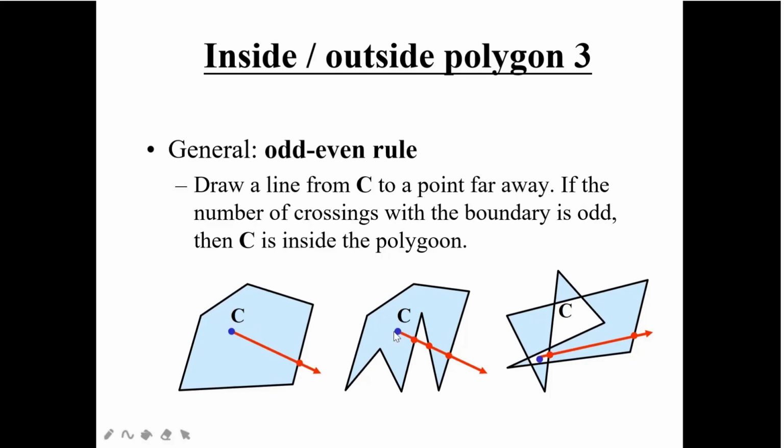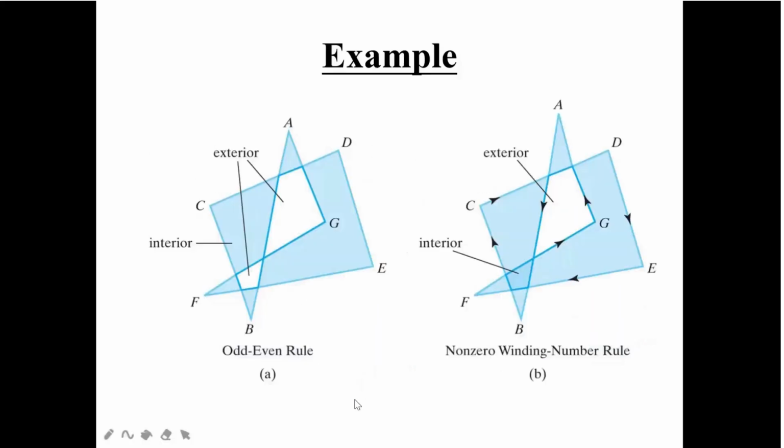Okay, now you see here it is an odd number, 1, 2, 3, 3 is an odd number, it means C is inside. Now you see here 1, 2, so now 2 is an even number, it means C is outside of the region, because this part, the blue color shaded part, is the inside. But now here you can see the point C is in the outside of the region. So in this way, you are going to find out whether the point is inside the polygon or outside of the polygon.